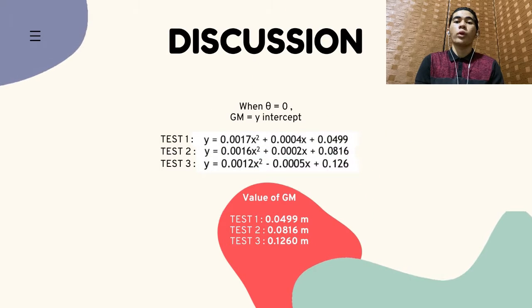Then from the question, we need to find the value of metacentric height GM from the plotted graph when theta equals 0. From our understanding, when theta equals 0, the value of metacentric height GM is equal to the y-intercept. From the graph, we managed to get the value of GM for the test 1,